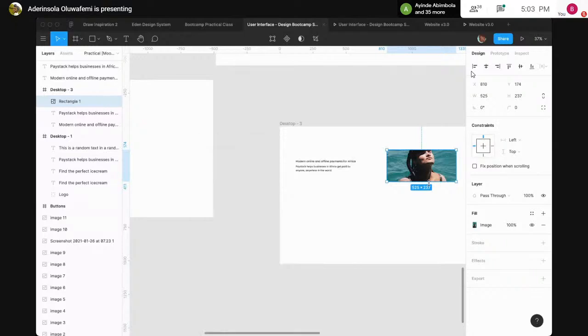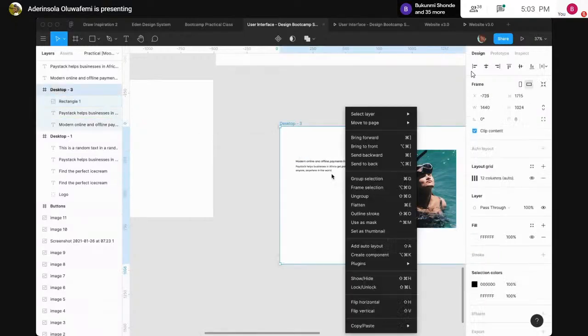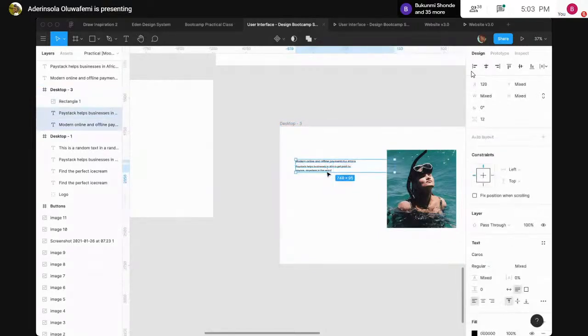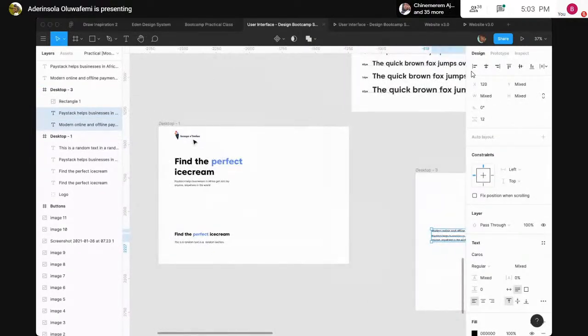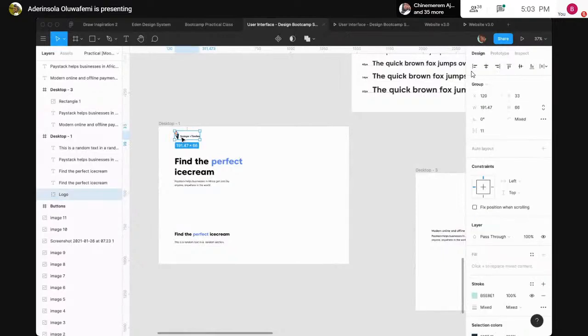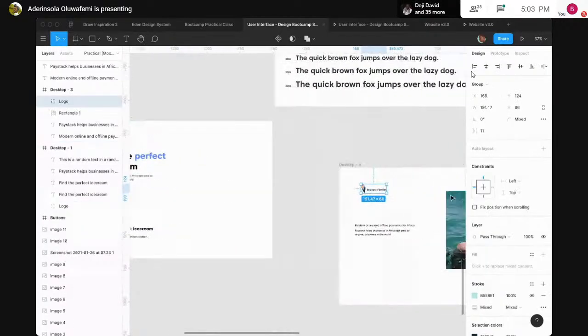I mean, it does not relate to what we're talking about per se, because it's not modern and offline payments, but let's just put it there. Let's just carry a logo. I know all these elements are not related because the logo is an ice cream logo, and this is like